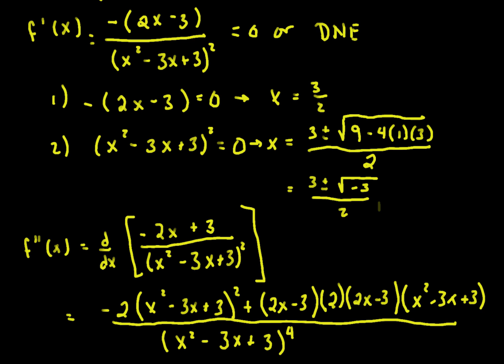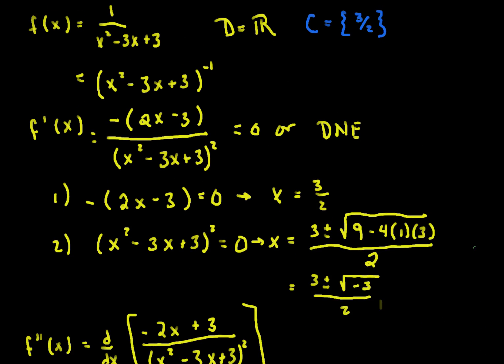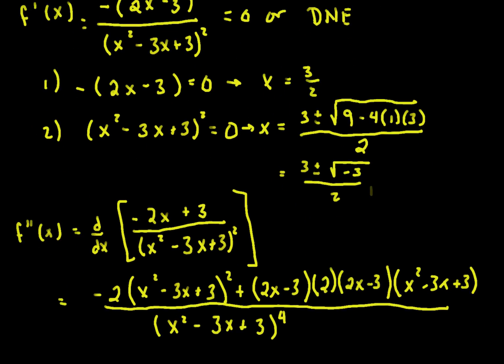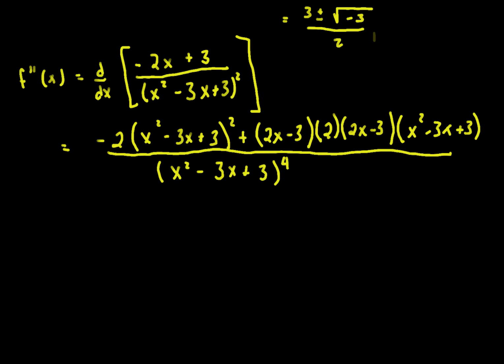Our one critical value, recall, is 3/2. So this number, 3/2, we have to put into our second derivative function. So we look at f double prime of 3/2. And I won't bore you with the calculations. You can do it on the side if you really want to play with it. But this is equal to